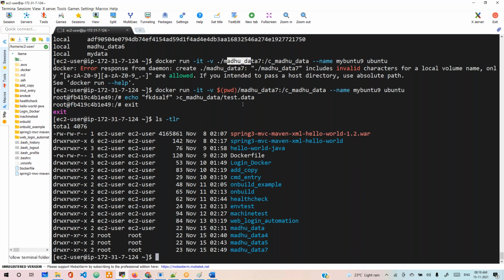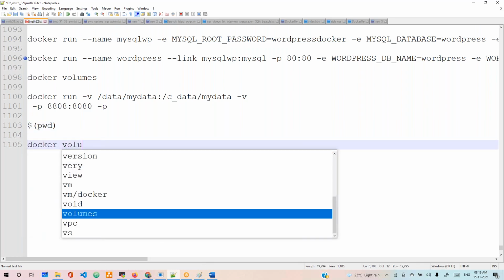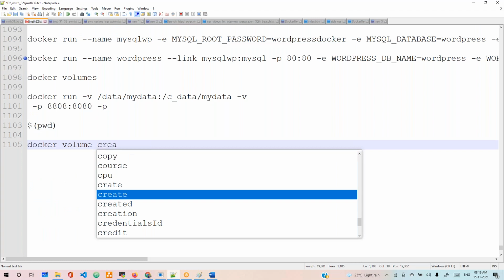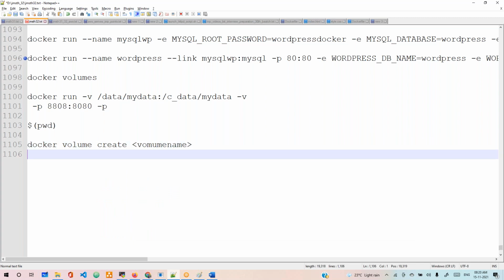Or else if you want to create the volume first, then you can do docker volume create and then the folder name. That's your wish. All methods. How many ways can you create volumes? Now let me write it here. You can use docker volume create and then the volume name. Now this also will create. Even if you don't want to create it, just directly run docker run, and then -v and the volume name,